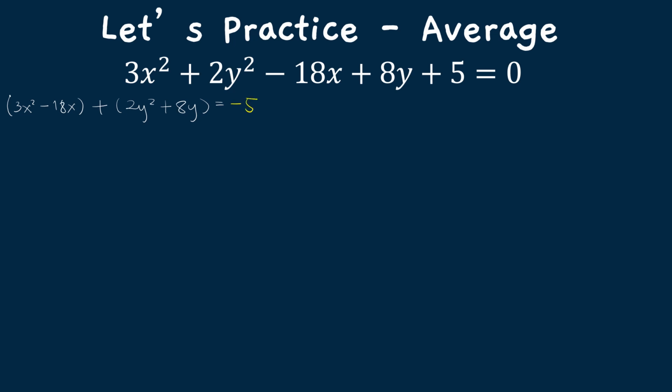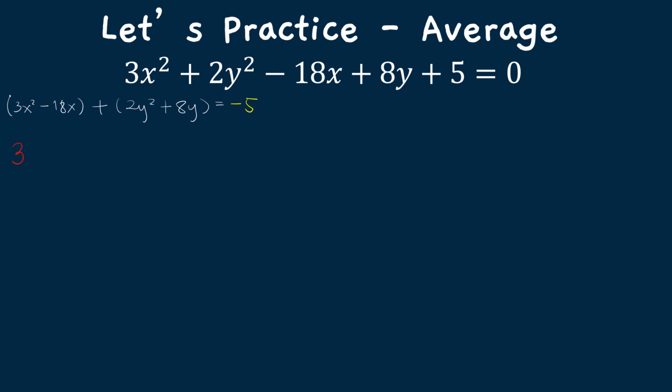The next step is we cannot divide the whole equation by the constant already because it will cause us problems as we go along. So the next thing to do is to factor out the constant of x squared, or the coefficient of x squared and y squared. According to the rules of completing the squares, the variables x squared and y squared should have a 1 as their coefficient. So therefore, we need to factor 3 and 2 respectively. So it will result into